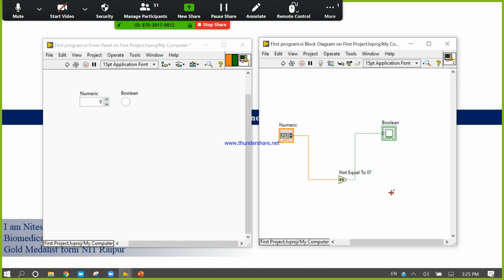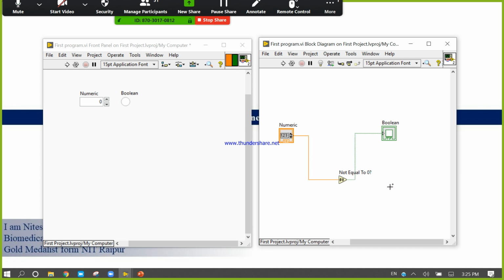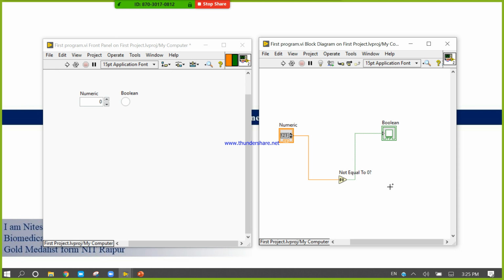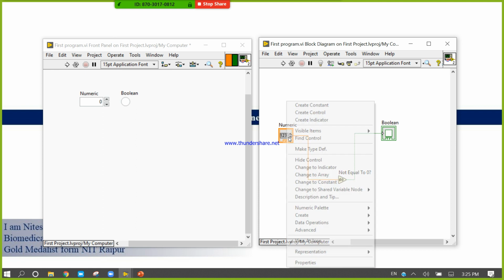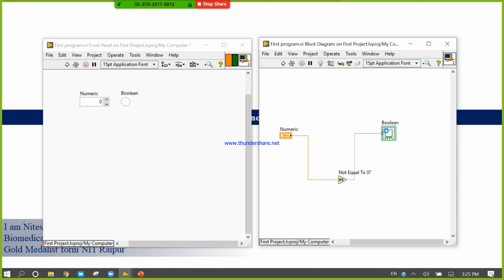Now let's go ahead and learn how it looks right now. Right now this looks like an icon. It also looks like an icon. To save the size, to save the area, we can right click and click View as Icon to minimize our terminals, to save our programming area.